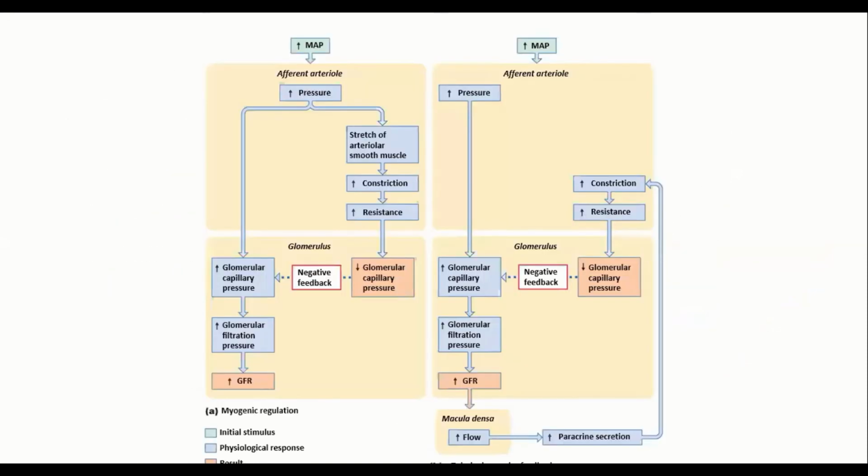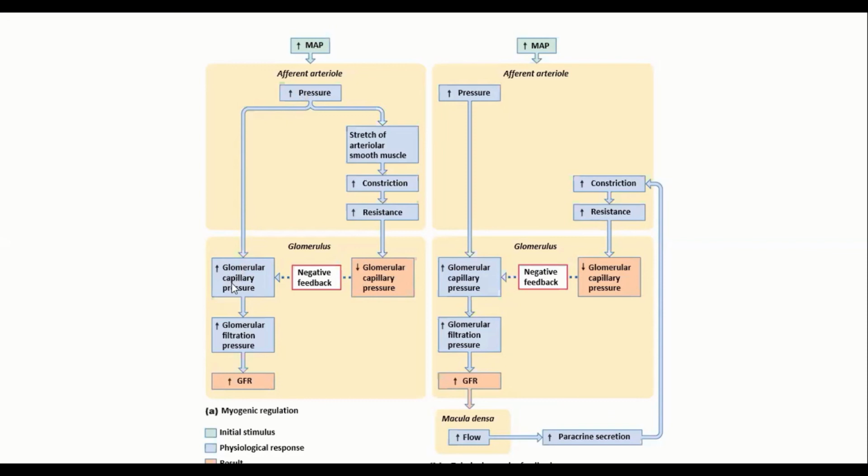Okay, and then you drew a nephron. So we were on this flow chart when we left off. So here what it's showing on both of these flow charts is that if we take our mean arterial pressure and it goes up, if it goes up for our cardiovascular system generally, that means that the pressure is going up in the afferent arteriole, which is the blood flow to the glomerulus. So without any type of regulation, what's happening on one side here, this is showing what's happening without any type of feedback. So if the pressure in the afferent arteriole goes up, that means there's more blood flow going through the